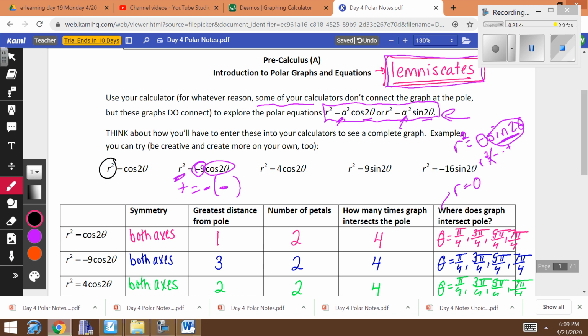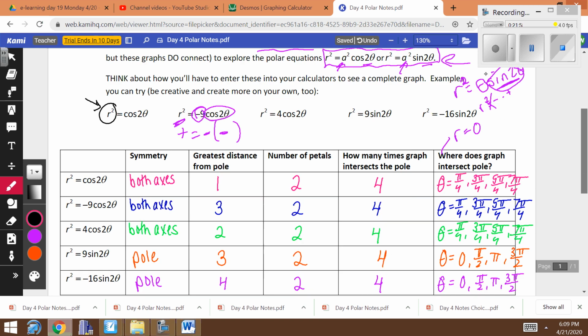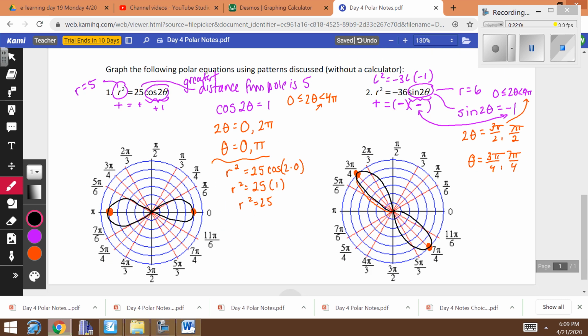The nice thing about these is they are the easiest ones to recognize because they all have an r squared. When you see that, you know that r squared has to be positive. We know what that furthest distance away from the pole is going to end up being, and that's how we can come up with our values there. So you'll see these in the homework. You'll notice that there's also kind of a mix of some of the other ones. So practice those as